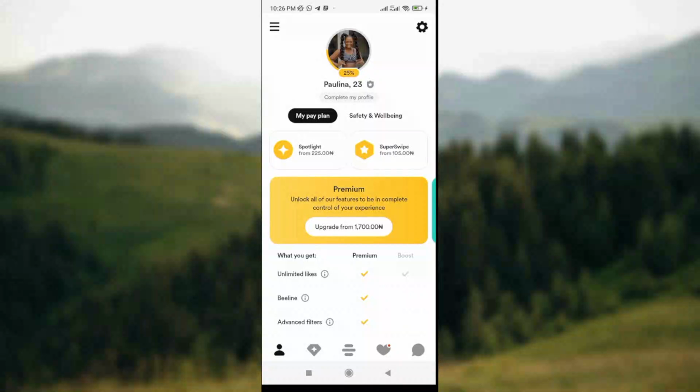How to change language on Bumble. Hey guys, welcome to today's tutorial. So today you'll be learning something fantastic. You'll be learning how to change language on Bumble. So if you don't know how to change language on Bumble, I'm sure you will not want to miss this